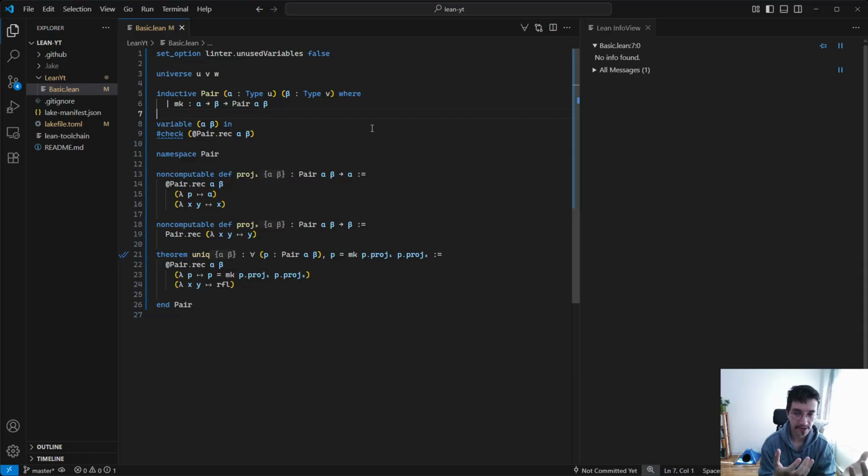The constructors are, in a sense, the only thing that you have to build these objects. So the way I really see it is that an inductive type is freely generated by its